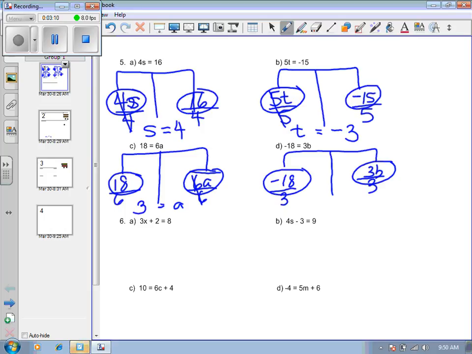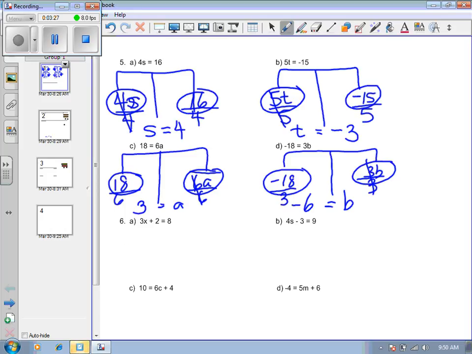Very good. This one has a variable. That's the one we choose to do. So these guys cancel out. B is now equal to negative 18 divided by 6 is negative 6. Way to go, guys. Okay, the next one gets a little more complicated